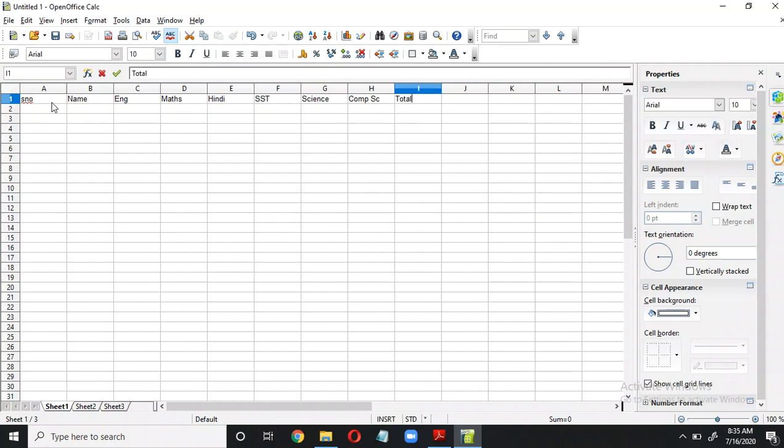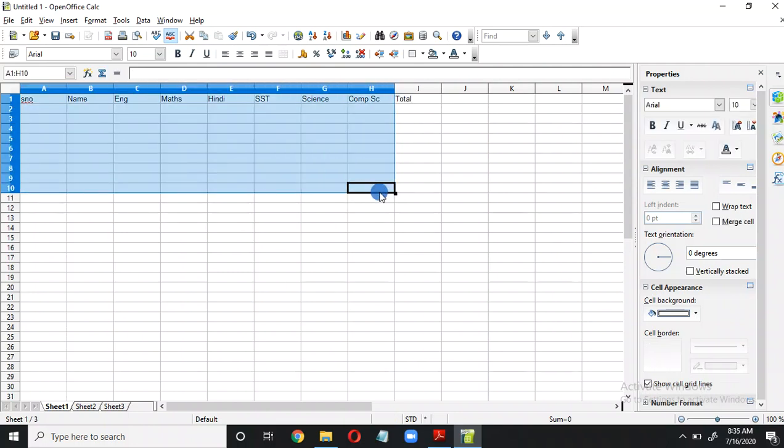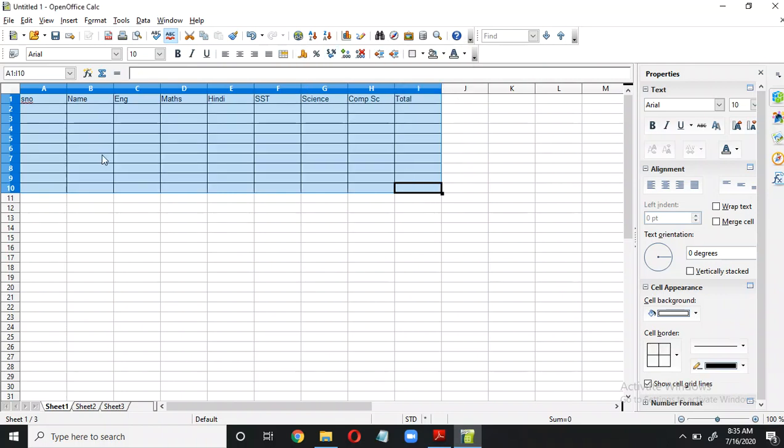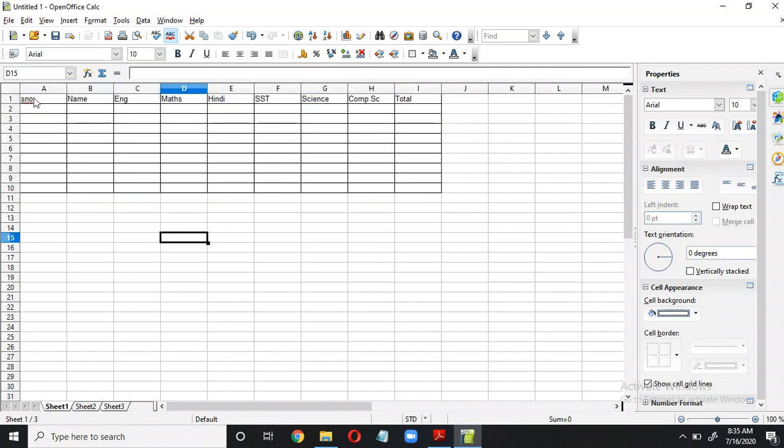Suppose I want to do it for at least 10 students. So let me give it a border look so that it is easily visible. Then I take these as roll number or serial number, anything.